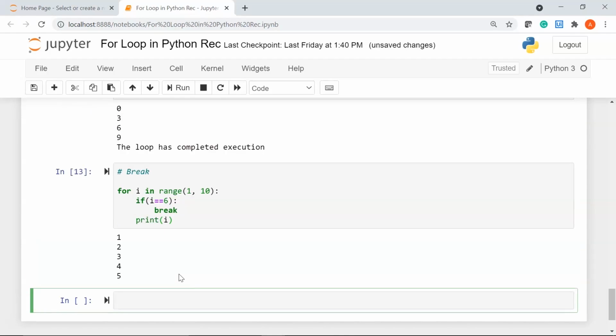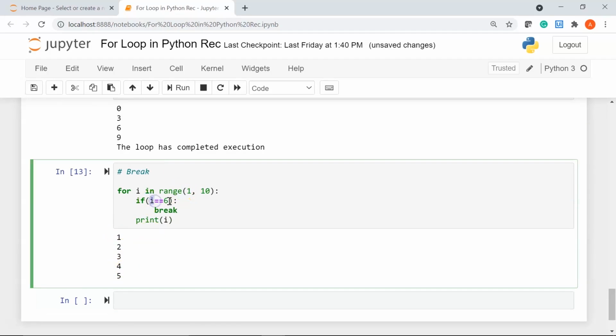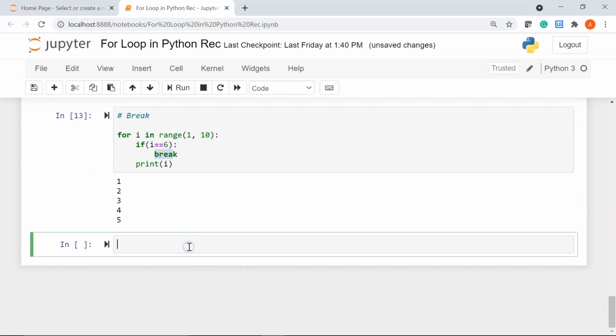There you go. So here our i value started from 1. We printed 1, 2, 3, 4, 5, and then our i value reached 6. Then we used the break statement to come out of the loop. Alright. Now you can also skip the execution of further statements in the for loop during that iteration using the continue statement in Python. So when a continue statement is executed, the for loop continues with the execution of the next element in the iterable. It does not complete all the statements in the for loop body.